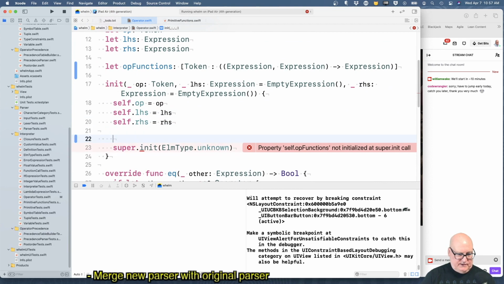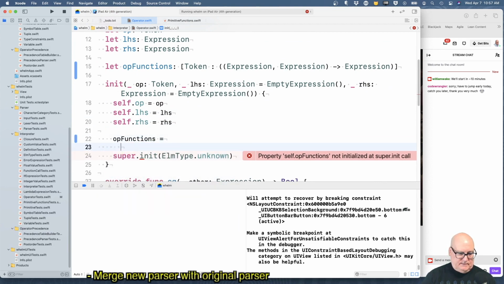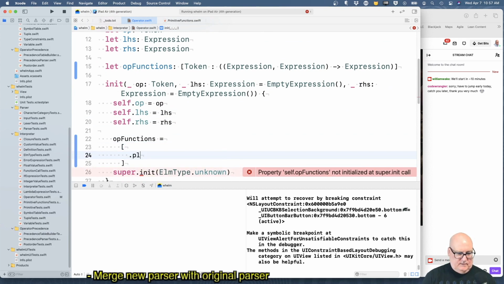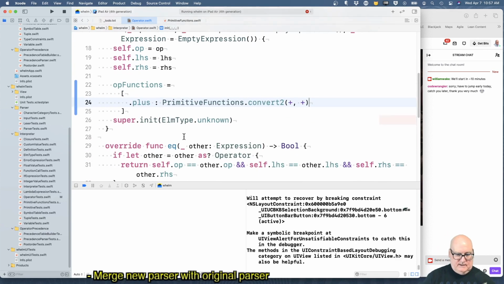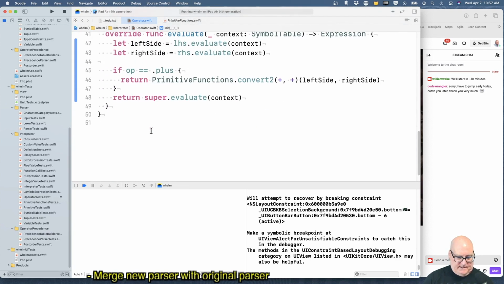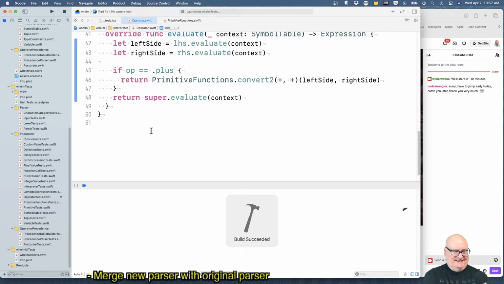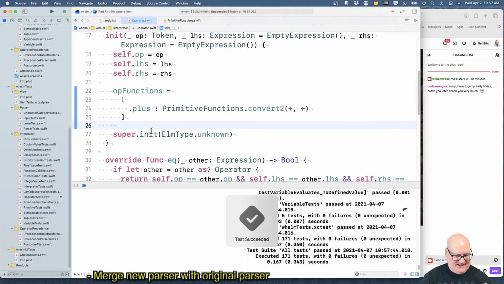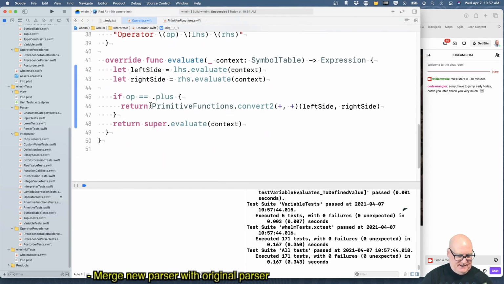Let's add op functions, define op functions equals, well, token plus goes to this. Okay, there should be no harm in this because I haven't hooked it up. But I hope it builds. Okay, now I should be able to use it.